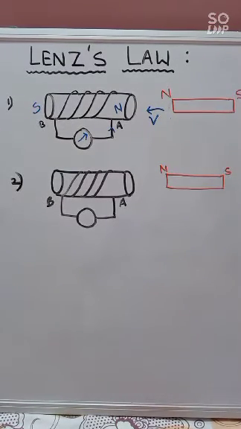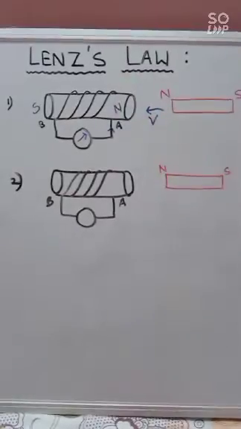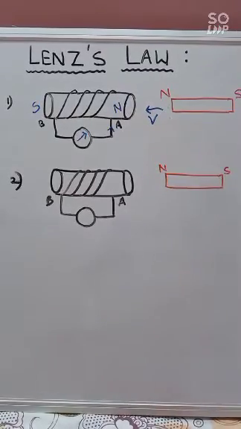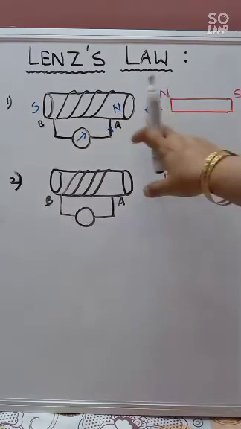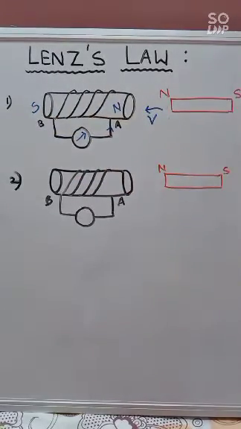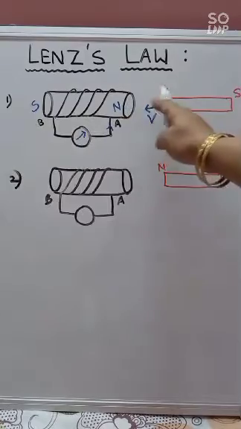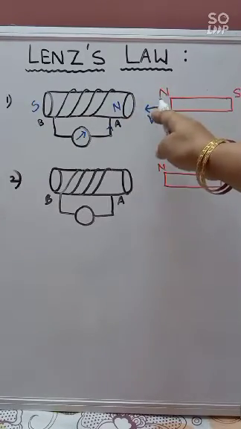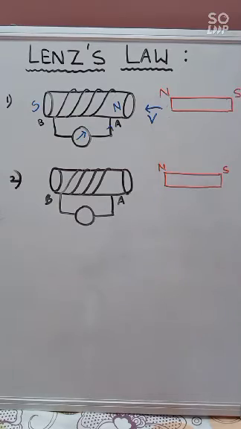When the north pole of the magnet is brought towards the end of the solenoid, in the direction B to A, the current is anti-clockwise. So the end A of the solenoid becomes a north pole to repel the magnet. Thus, it opposes the motion of the north pole. Why? Because of the same polarity, it is going to repel, right? Thus, it opposes the motion of the north pole of the magnet towards the solenoid, which is the cause of